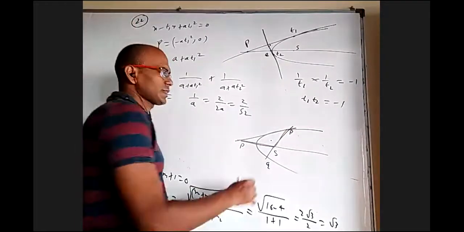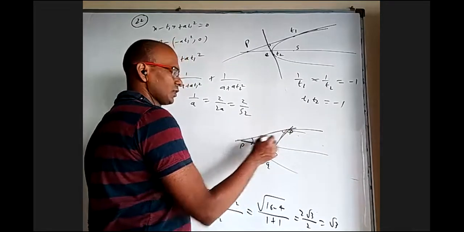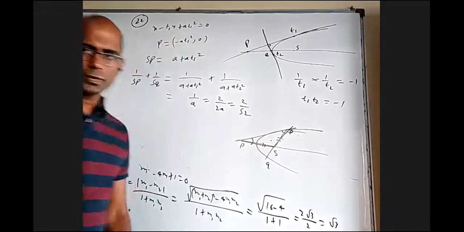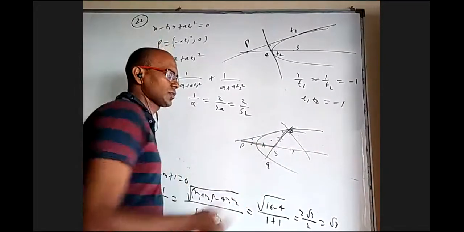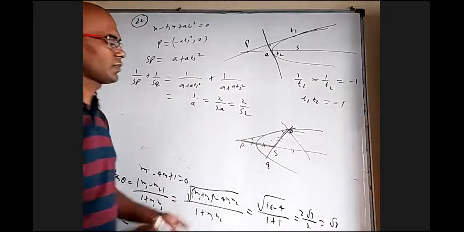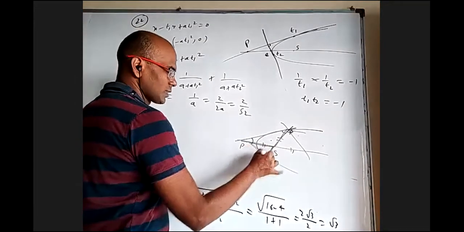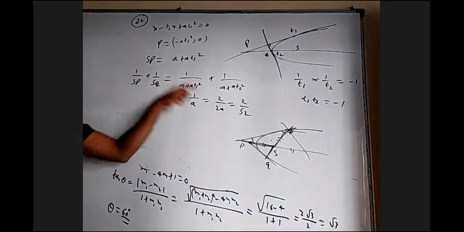That is one property we discussed, that these two angles are equal and these two angles are equal, so this length equals this length. Even if we draw a normal there, those lengths are also equal. So earlier we knew this SP, now they're talking about this SP. Similarly, if we draw a tangent here, this SQ is the same as this SQ up to here. So it is nothing different from what we know earlier.